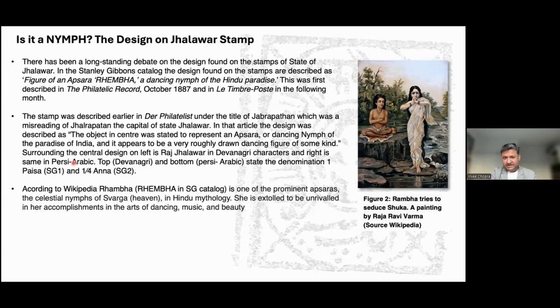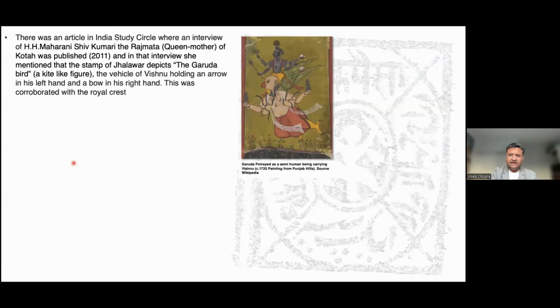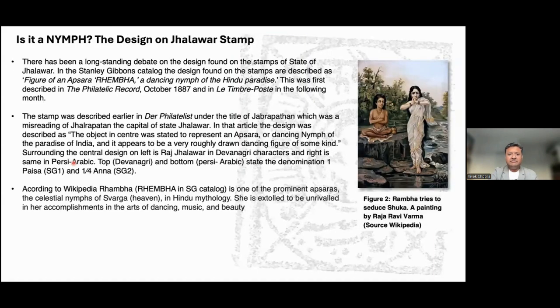According to Wiki, Rambha is supposed to have unrivaled beauty, and she is accomplished in the arts of dancing, music,